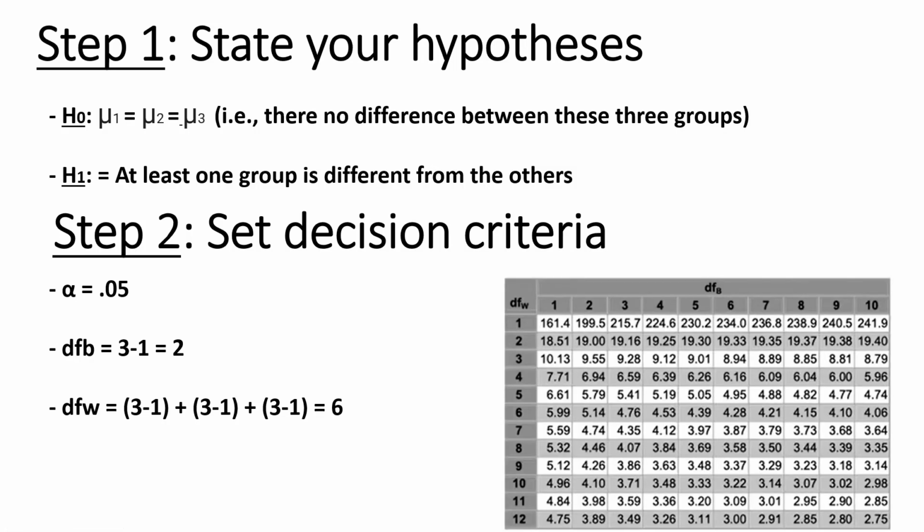And now we have to figure out our F statistic. We have the degrees of freedom between, which is 2, and degrees of freedom within, which is 6, and that should give us 5.14 for our critical value. Now we're in a good position to start